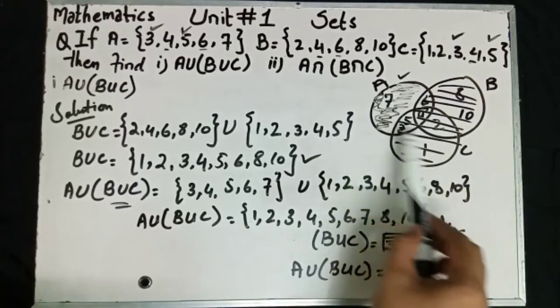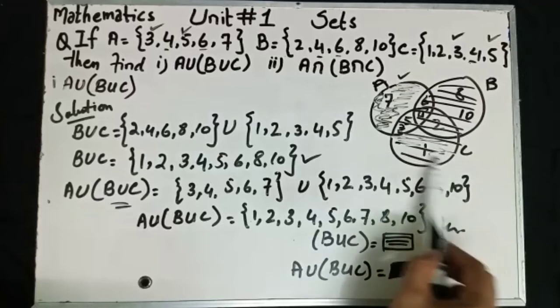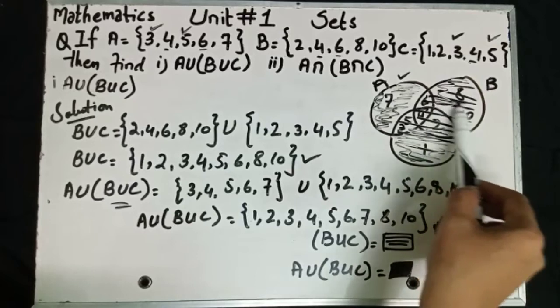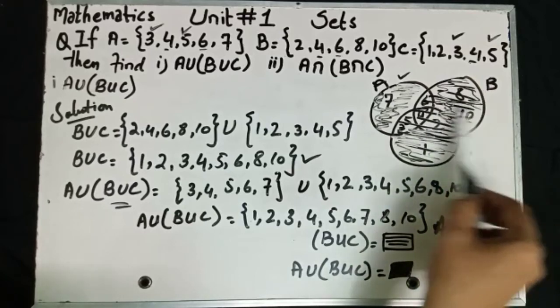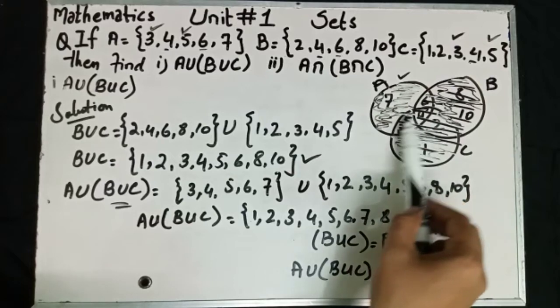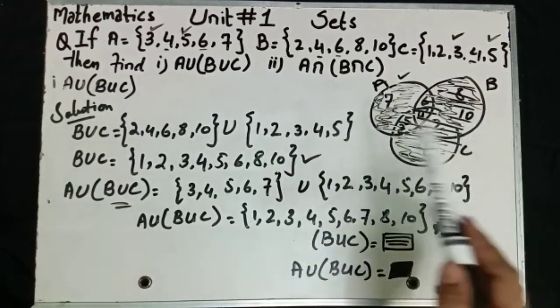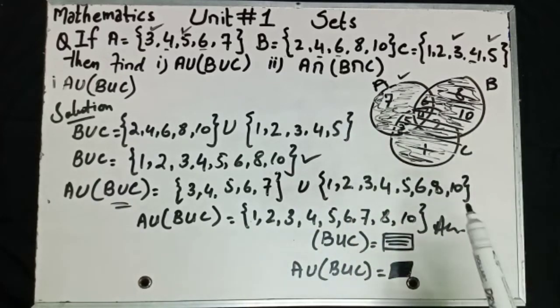This part, this one also. Whole Venn diagram, apply shade. Point is clear? Union means write down all elements. So all elements are included in this figure. So the vertical line represents the answer of B union C. Then the whole shaded part represents A union B union C.